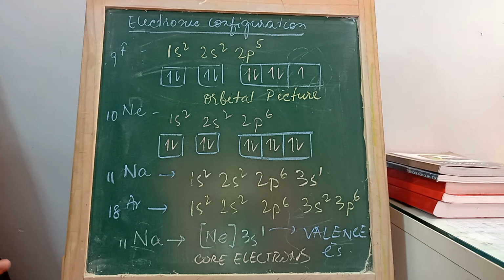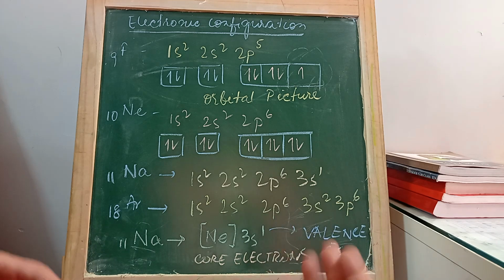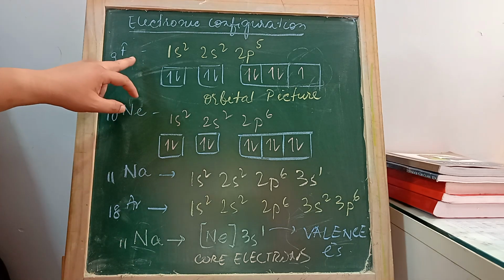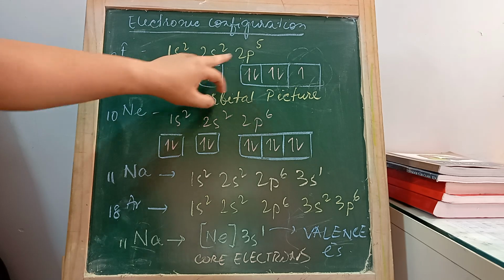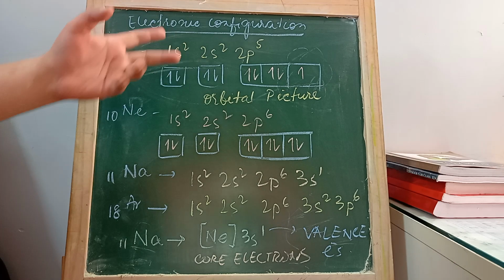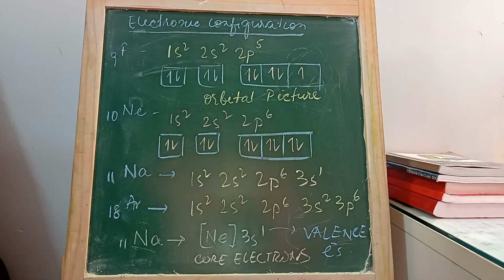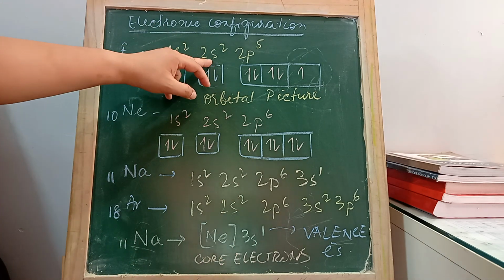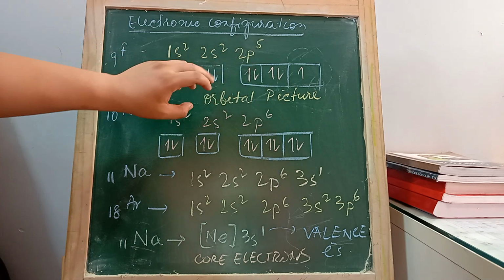So as per Pauli's exclusion principle, Hund's rule of maximum multiplicity and the Aufbau principle regarding how electrons are filled up in orbitals according to their increasing energy, it will be 1s2, 2s2, 2p5. 2 electrons in the 1s subshell, because in the first shell there is only one subshell, then the 2s subshell and the 2p subshell. Only 2 electrons are